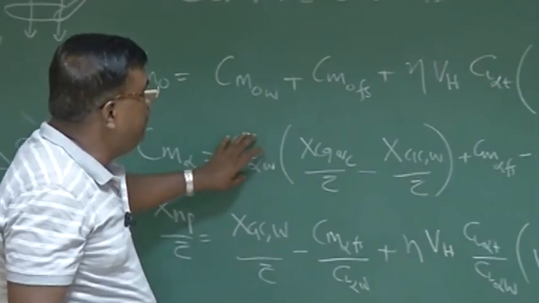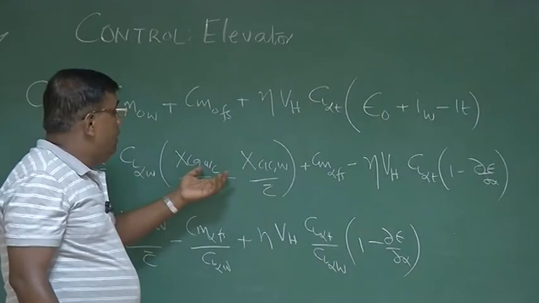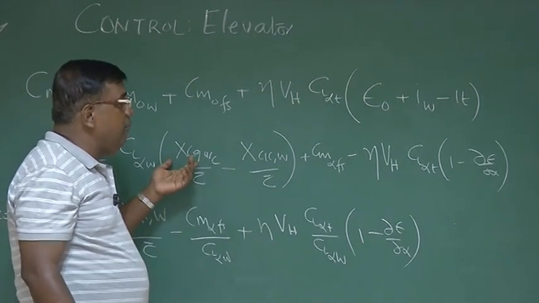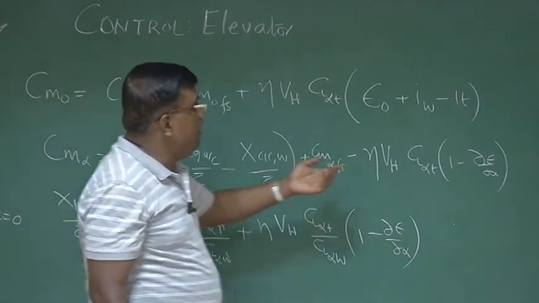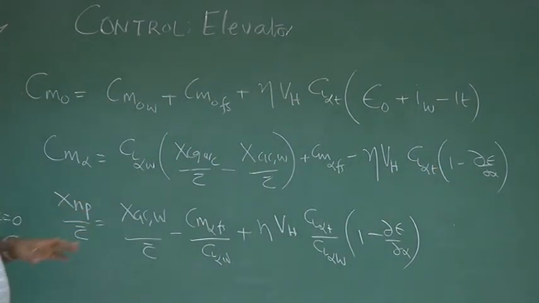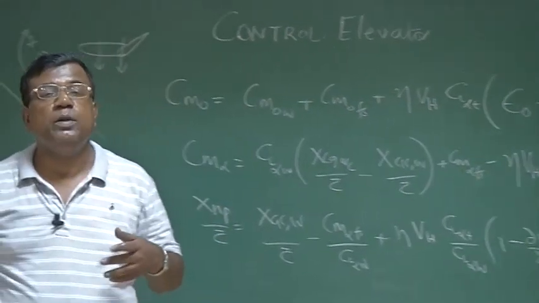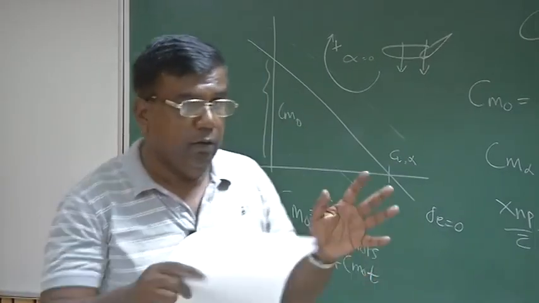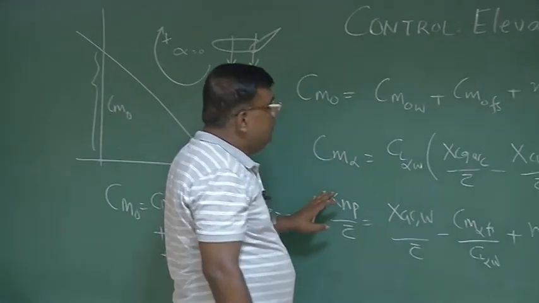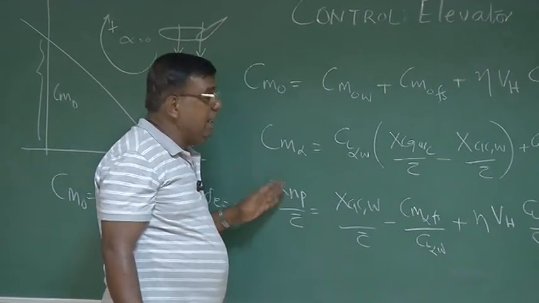That CL alpha wing, the AC of the wing should be placed in a manner, and the tail should be placed in a manner, so that overall Cm alpha should be less than 0. The slope should be negative. Okay? Total contribution. And then we try to find out what is the limit at which I can lay out